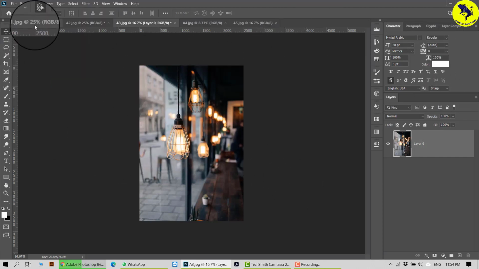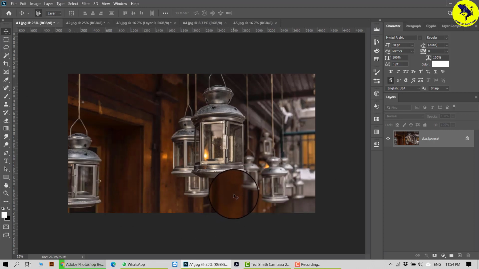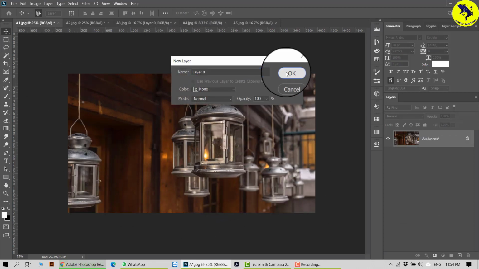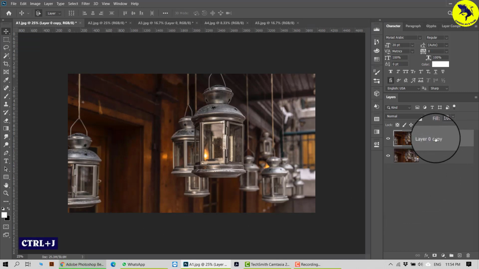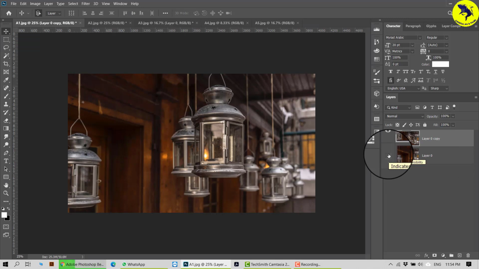Now let's get started. This is my first picture, which is a vintage kind of lamps. I'll just unlock it, and this is my picture ready. In order to show you the difference between the original picture and the new picture, we need to make a duplication of this picture. So how do you do that? For the duplication, hold Control and press the letter J, and you see a copy of the new one is already created. The shortcut is Control plus J. Once you have your new duplicate, switch off your original one for the time being. Later on, we can see the difference.